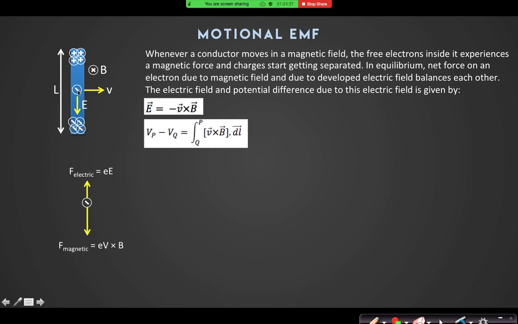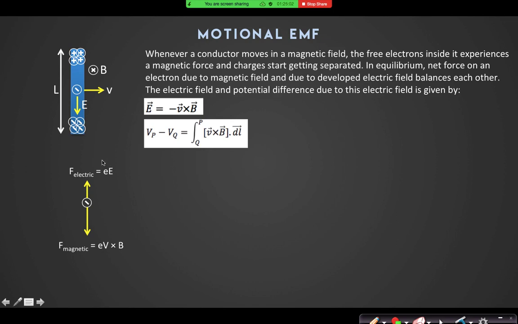Now, due to this downward force, these electrons will separate from the positive charge. Because positive charges are at rest, you cannot exert a force on them. But these electrons, which are free to move, experience a force downward. After some time, which is negligibly small, basically we will not talk about that time interval, you will find that there is a charge separation inside the rod, right?